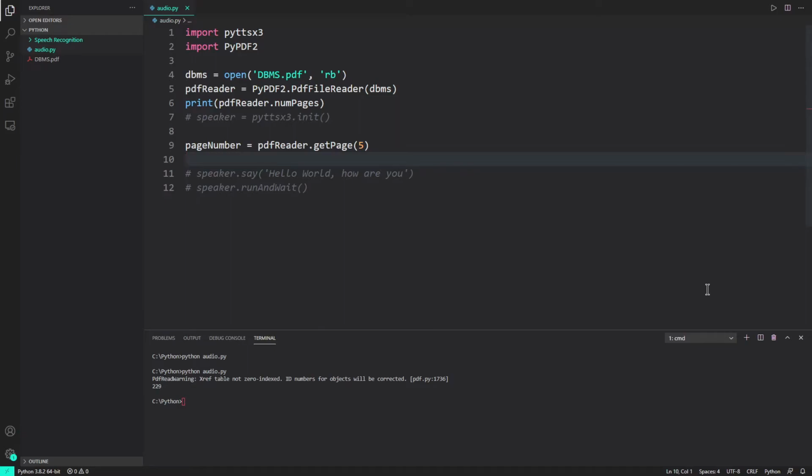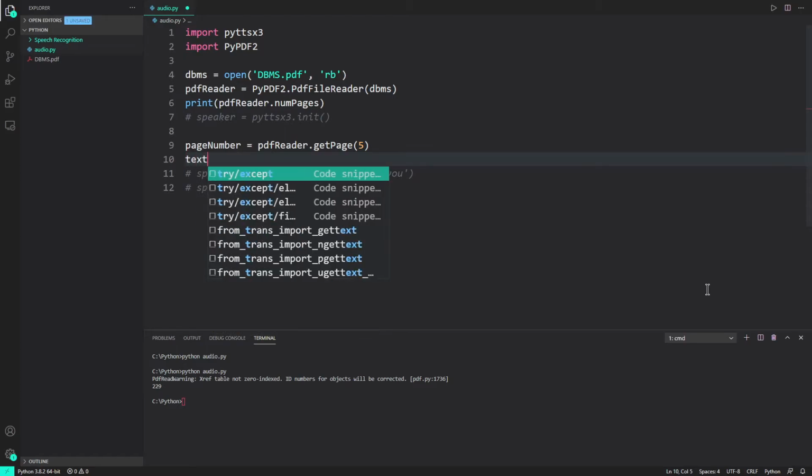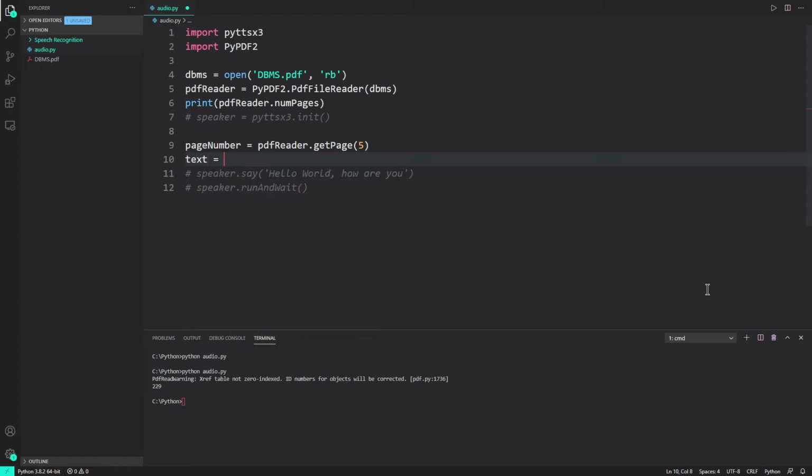So after we have opened the 6th page, now what we are going to do is extract the text that is present on that particular page. For that I'll say text equals, you can name any variable, it's not mandatory to just name it text. So I'll say page number dot extract text,